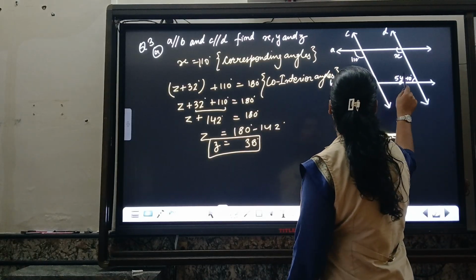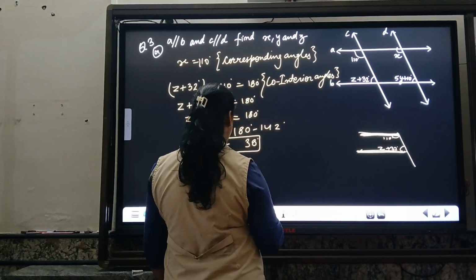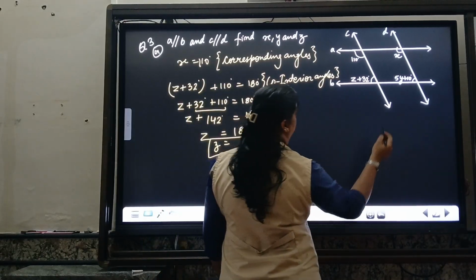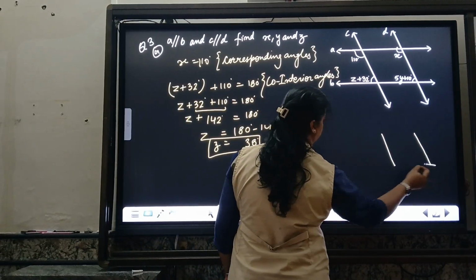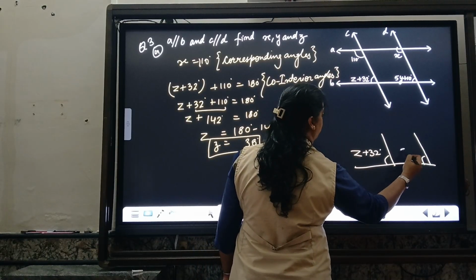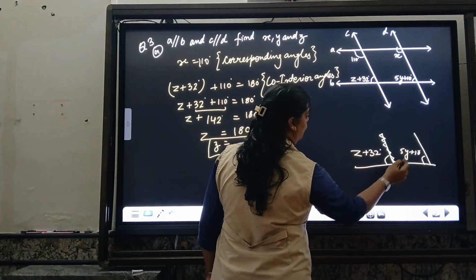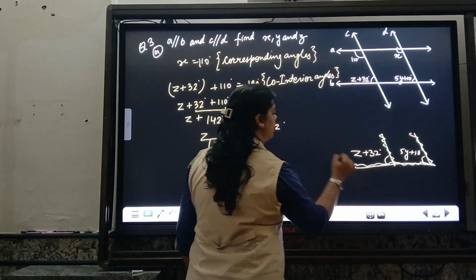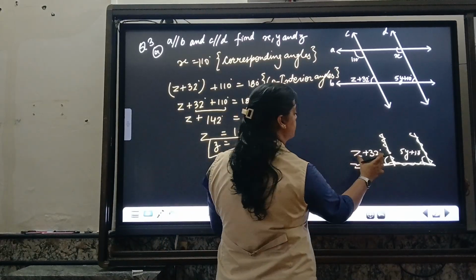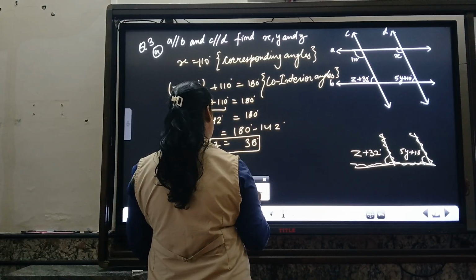Afterwards, we have the value of y which we want to find out. We can notice again we have one corresponding angle. If you notice, you will find the relation between these two angles. Here we have z plus 32 and here we have 5y plus 10 degree. So they are forming the alphabet F, meaning they are corresponding angles. So their measurement should be equal. Directly we can put this angle equal to this. So we are going to write the corresponding angle concept.